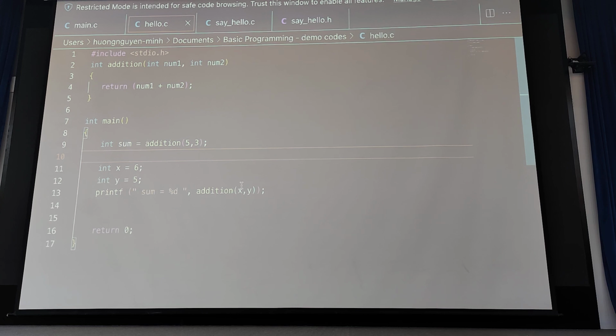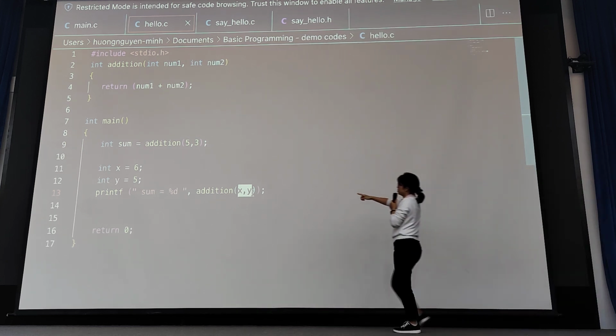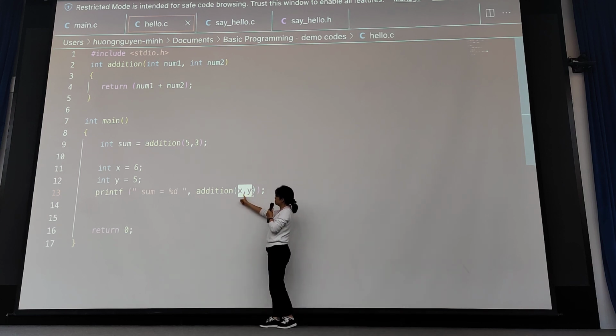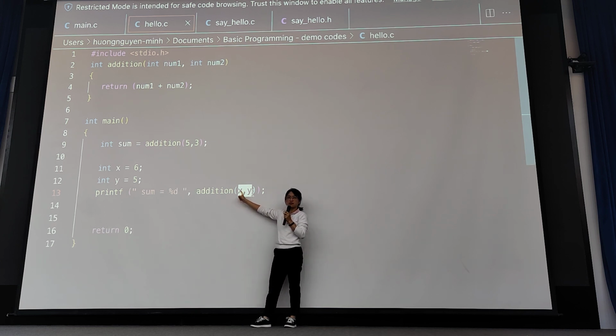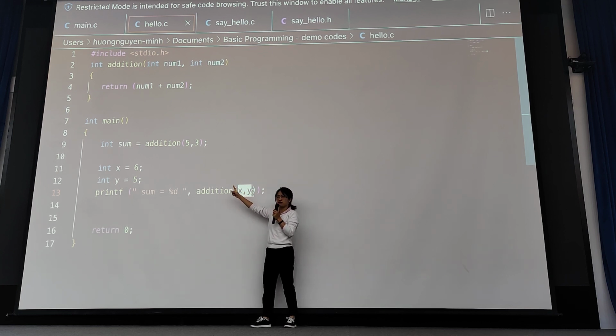So in case you call the function and input two variables, it means a copy of x, the value of x, which is 6, and a copy of y, which is 5.